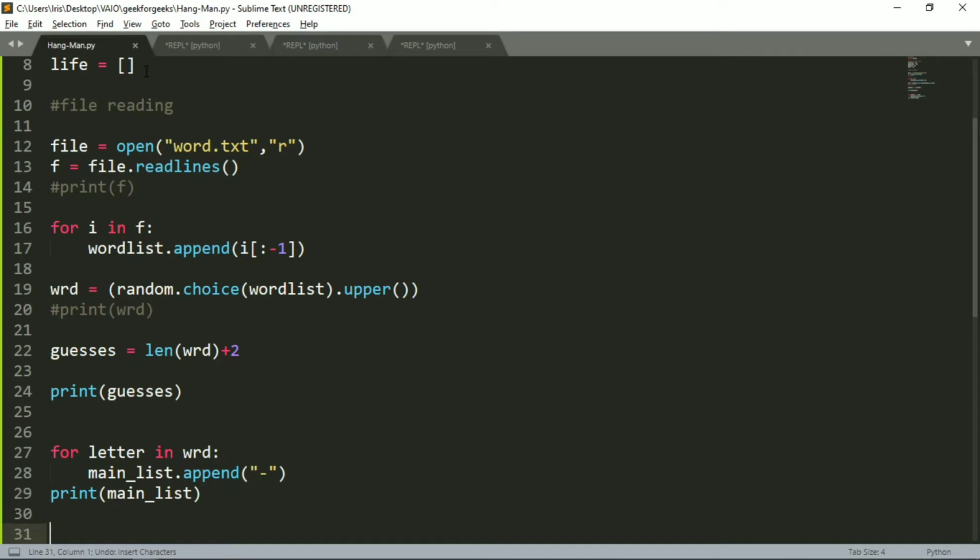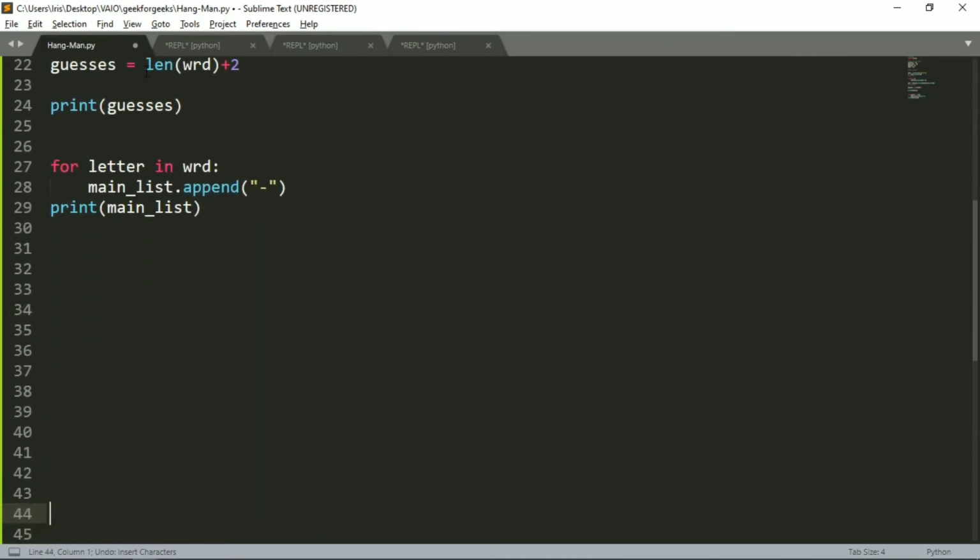Okay, so I've created that, and let me take this part down. Now let's create the stars that I was talking about, the stars that we need for this program. I will say for letter, again using the word letter just like we always use i, in range. I'm using letter in range, which will improve the readability for the user.